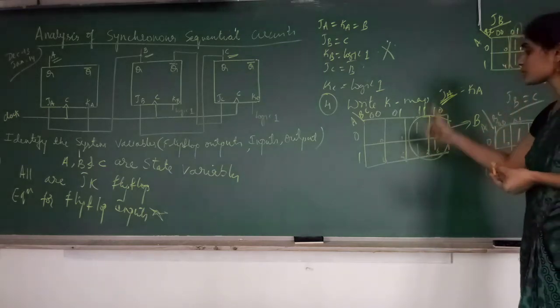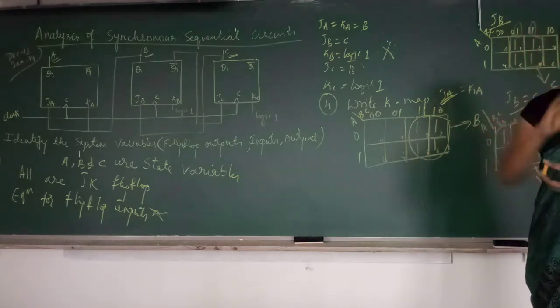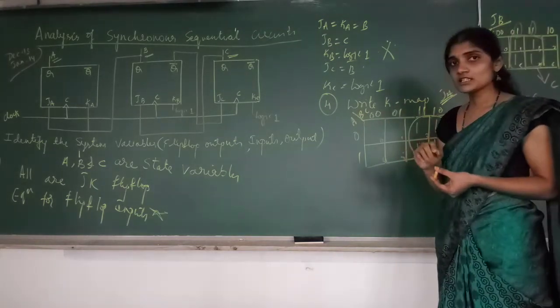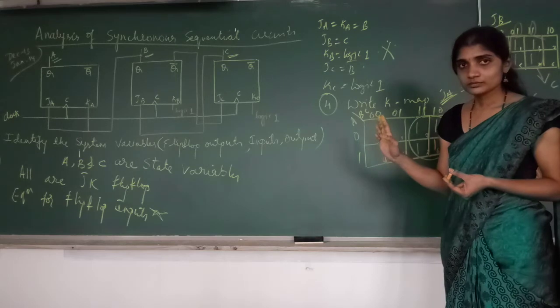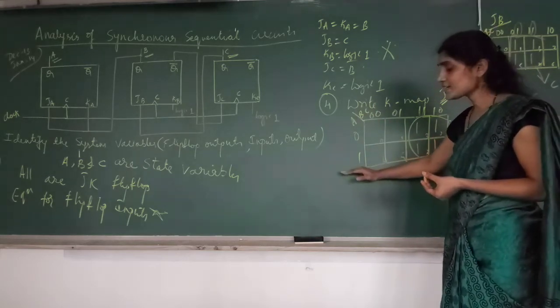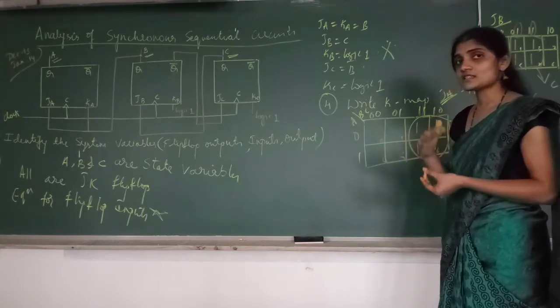And from this you can write the next table. Otherwise, I will explain an even simpler method. So the 4th step is what? Write the K map, right? Don't write the K map now. Leave some space, leave some half page space. I will tell you how to write the K map. Okay? We will write the next step. Next, we go for the next step.